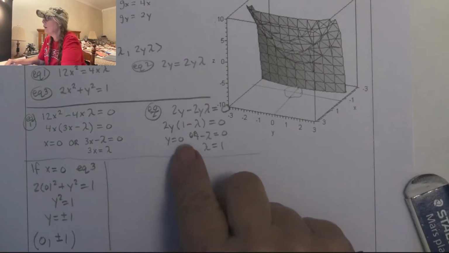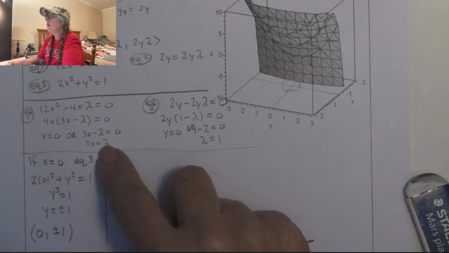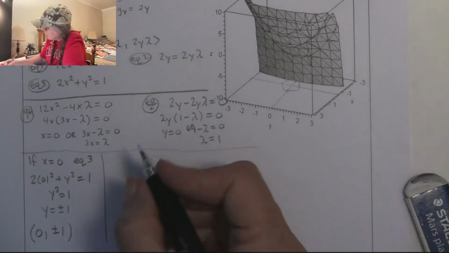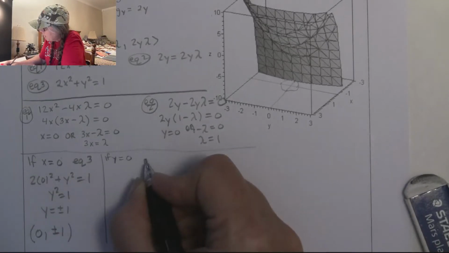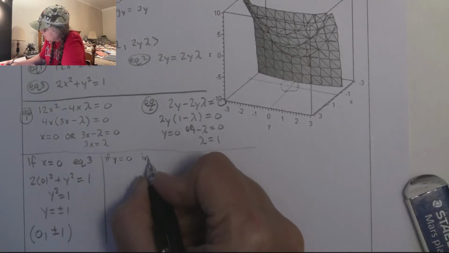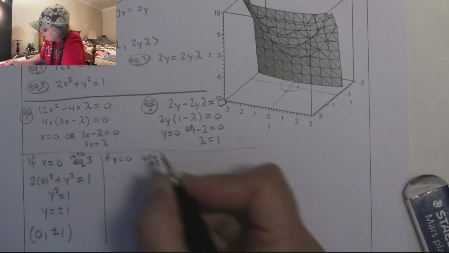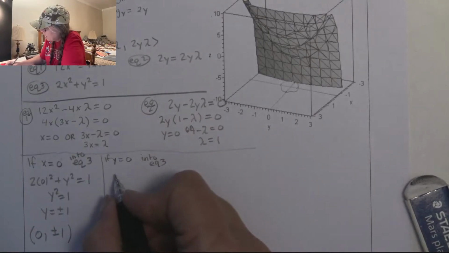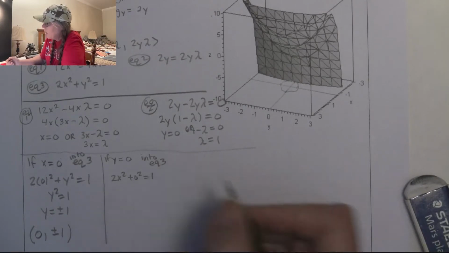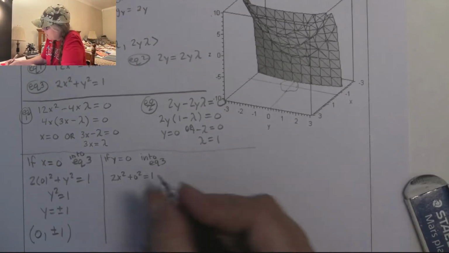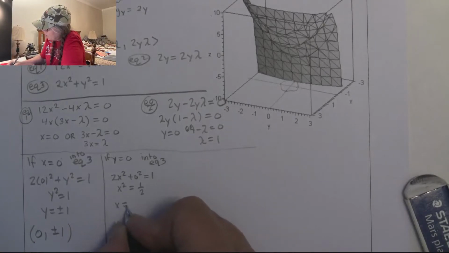And then I didn't know what to make of that. And so I skipped it and went on to y is 0. I was thinking, well, that's not very helpful to me. And so when y is 0, so if y is 0, into equation 3, we're wanting to go into equation 3 because that's my constraint equation. Then I'm getting 2x squared plus 0 squared equals 1. And when I solve that, I get x squared equals half, which means that x equals plus or minus the